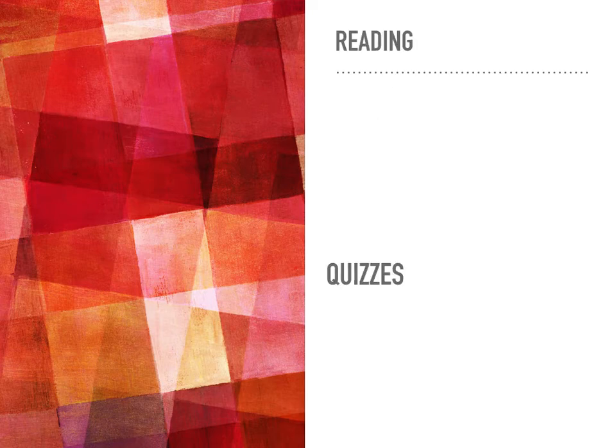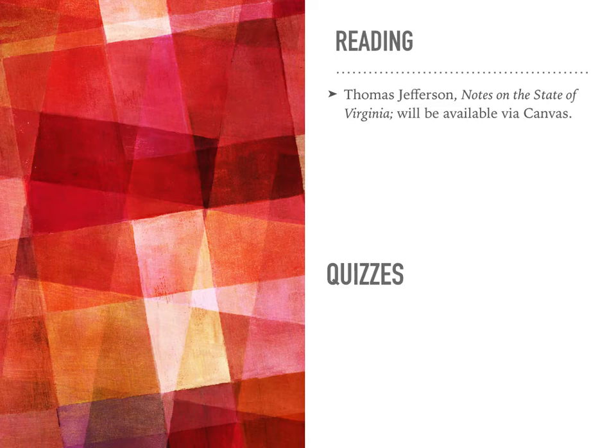So we'll break this down a little bit in terms of reading. There are a couple of essential required readings for this course. The first one is Thomas Jefferson. We're going to be reading selections from his Notes on the State of Virginia. This is going to be available via Canvas, so I will be posting these as we go along in the course. You can also find pretty much any edition of Notes on the State of Virginia if you like to